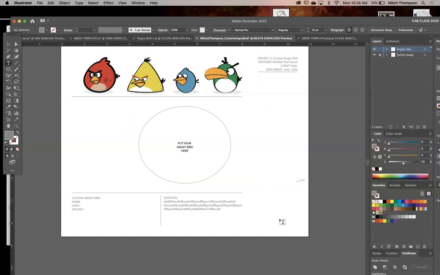I feel like I'm missing something down here a little bit. I find it needs something, I don't know what, but it does. Maybe what I can do is put the Angry Birds logo down here. Wouldn't that be cool? That would be a beautiful filler, and also call out that it is an Angry Bird.